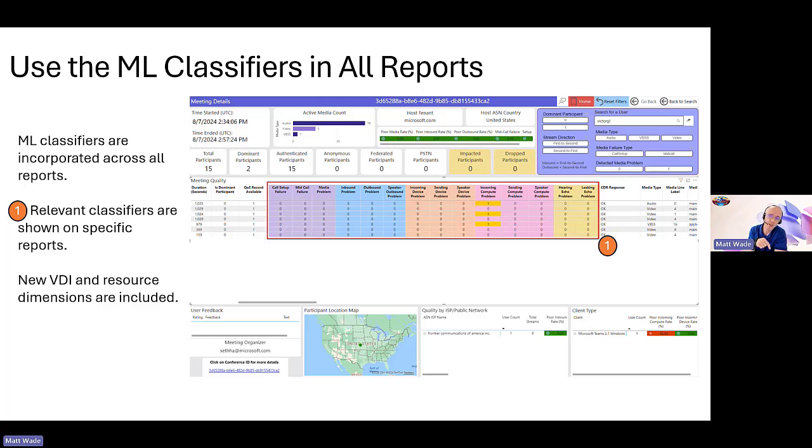So I actually have a spreadsheet along with the QER that shows you all the classifier names, what they are in the QER, what they apply to, what media types they apply to, what decisions are being made, and then a couple notes that go along with it. It's a spreadsheet that's also included with the QER. I highly recommend you check it out. It will help you